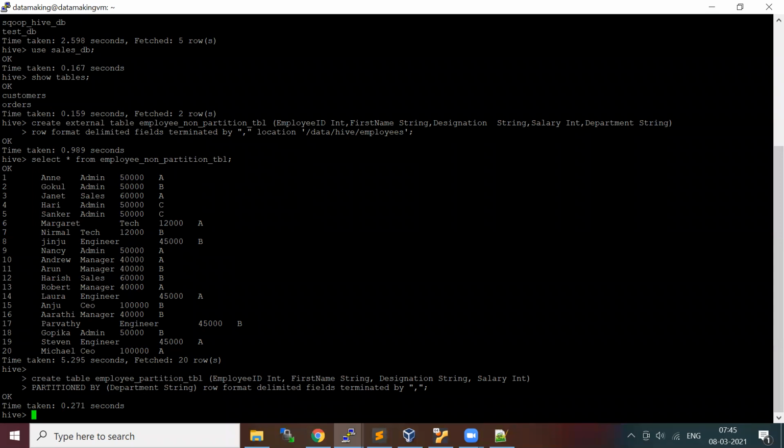Now we'll see a simple example. Before we insert into this table, what we'll do is select star from this table where department equal to, say, department A, and order by first name, then order by department ID.